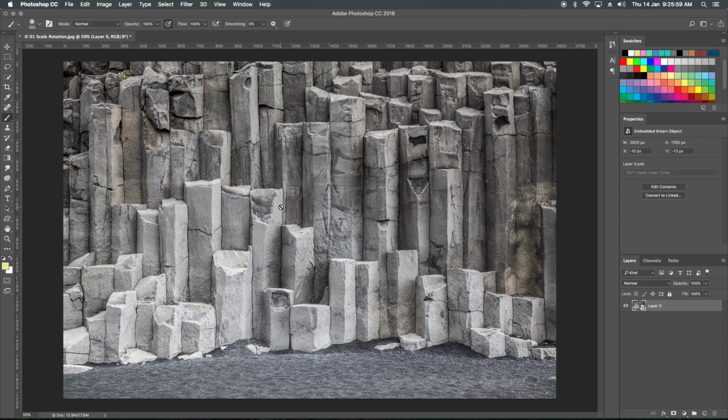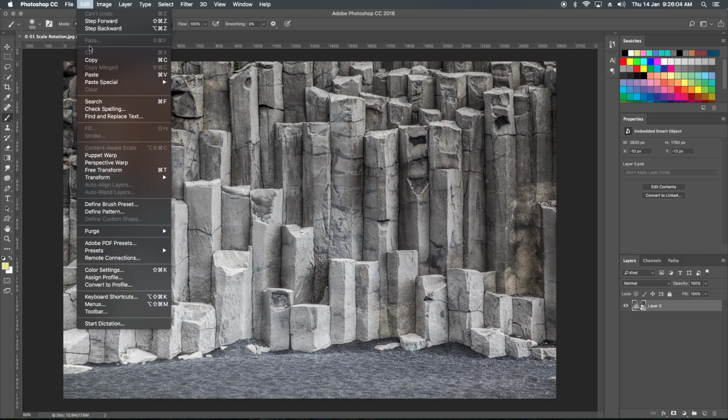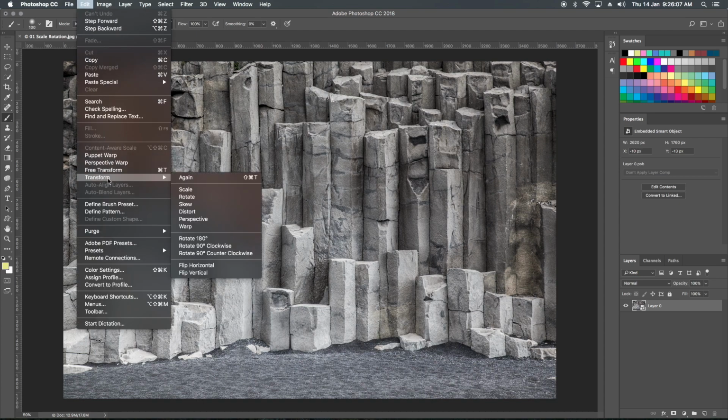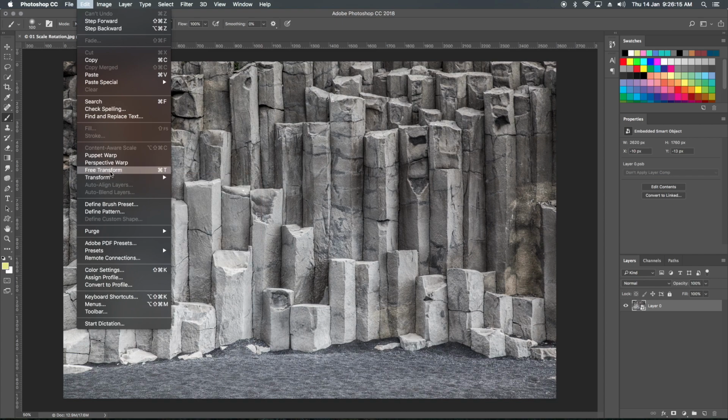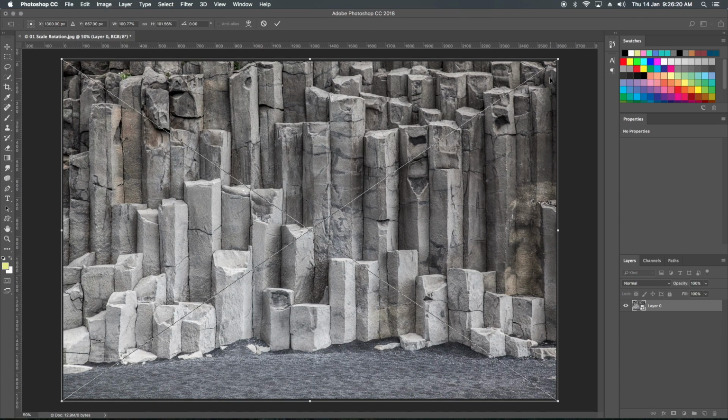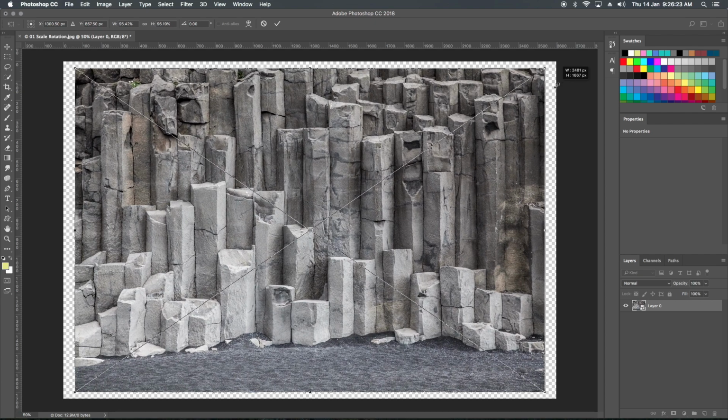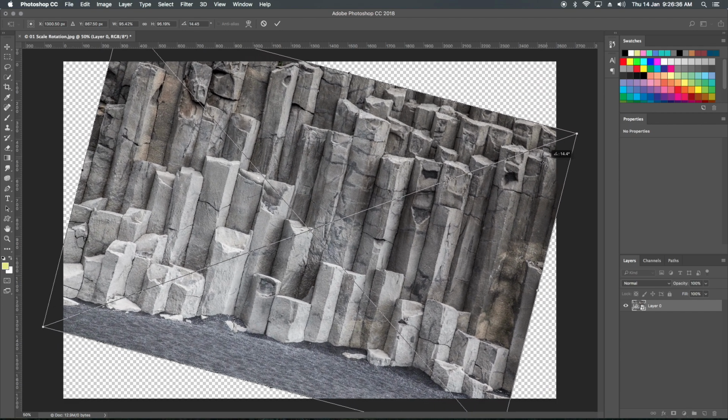I'll select this layer, go to edit, and here is the transform. Here is scale, rotation, skew, distort, perspective, and warp. And here is free transform, which we do with Command T. So with free transform, we can even scale up and down. If I go to the right side of my image or the edges of my image, now my cursor turns to an angular two-headed arrow. So now I can even rotate.